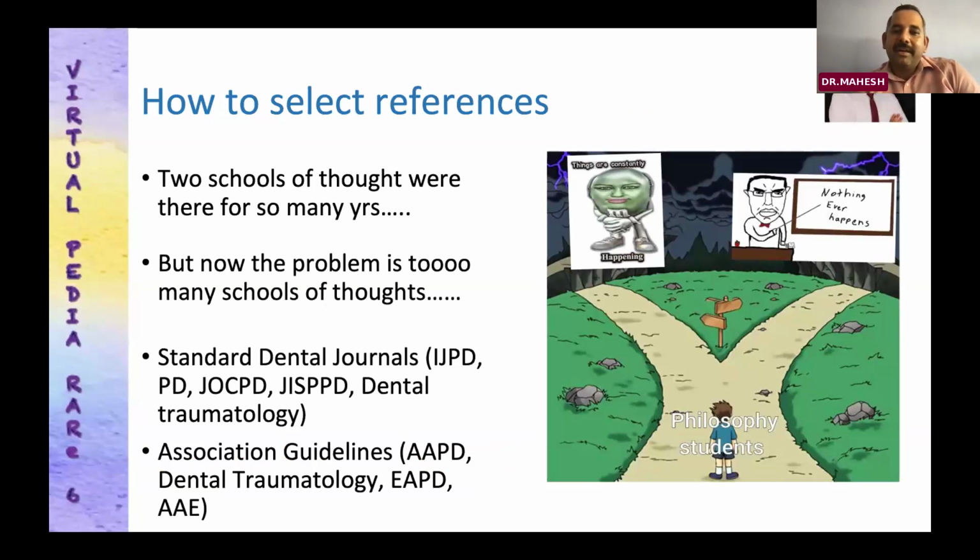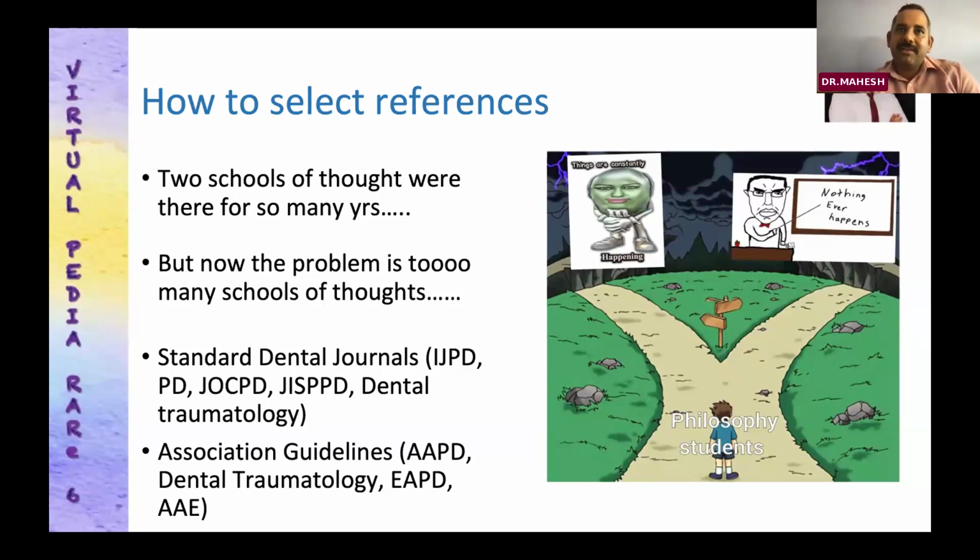So if you want to take up any references for your studies or your essay questions, it is better that you take it up as standard journals, such as your IJPD, JOCPD, or JSPPD. So some standard dental journals which publish on that particular category. And it is always better that you take it up an association guideline, because all this regenerative, apexification, or your